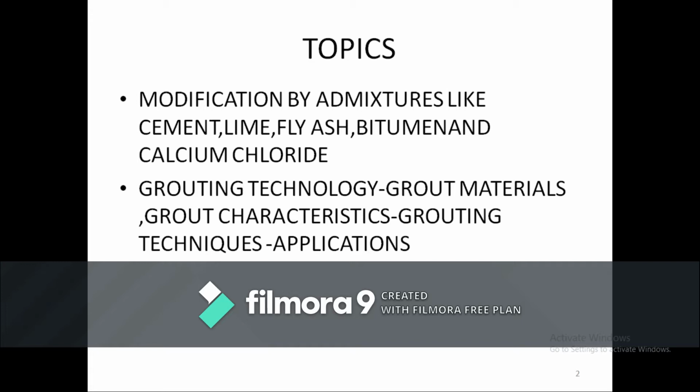So here in this physical and chemical modification, what we do is we try to add some materials and then try to change the properties. Like in the first chapter, we said how ground improvement technique is done by physical and mechanical means. In chemical means, different types of materials are added, like your blast furnace slag, cement, lime, fly ash and all. So here also we'll go deep into that particular topic. So what are the different types of admixtures? What are different admixtures, and what is grouting technology, we'll see in this particular topic.